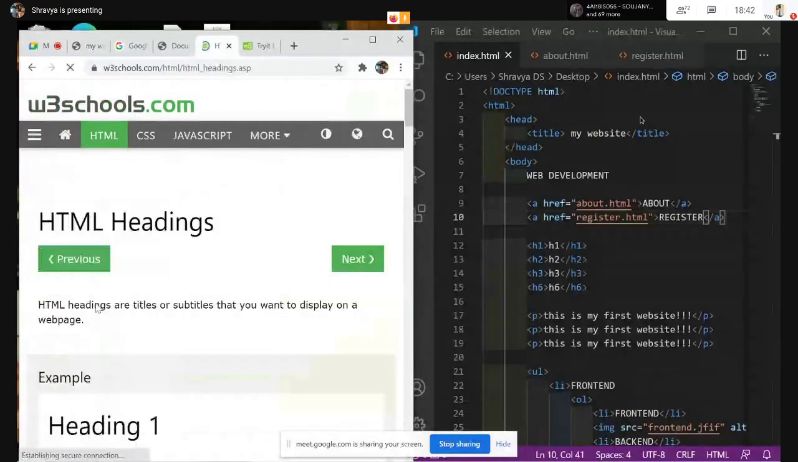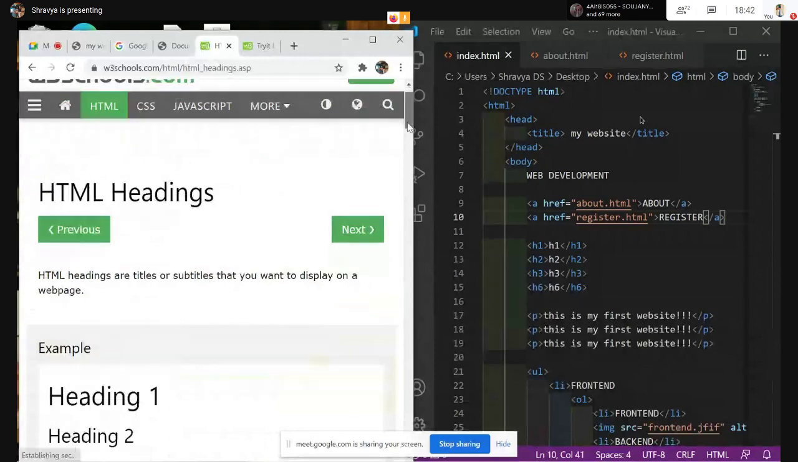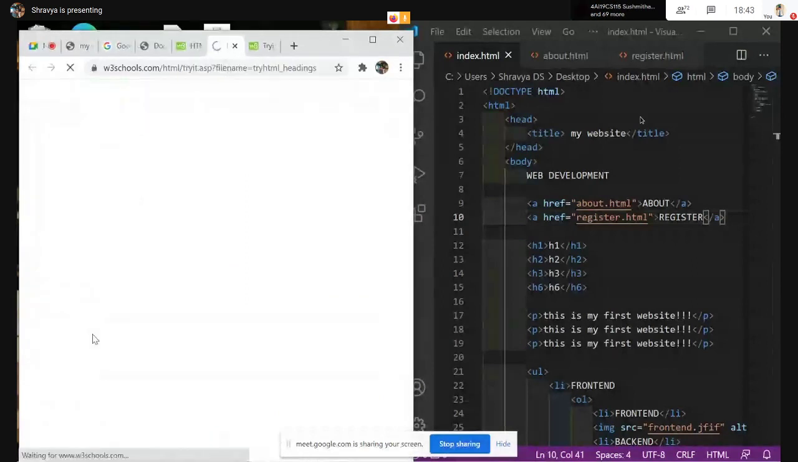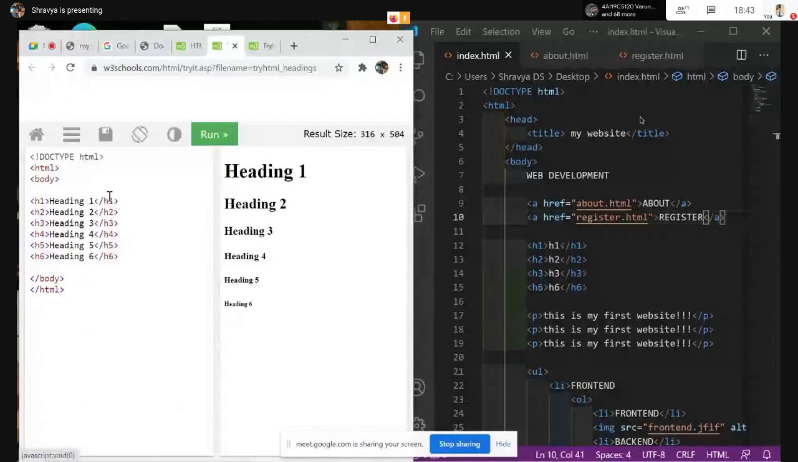Yeah, we have something like H1, H2, H3, which goes all the way till H6. Here we can see that whatever is enclosed within the H1 tag is heading 1. H2 goes till H6. So you can see the variations in the tag. So this is how you can use the